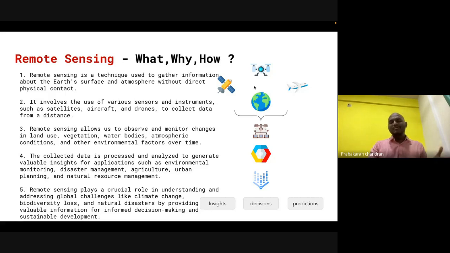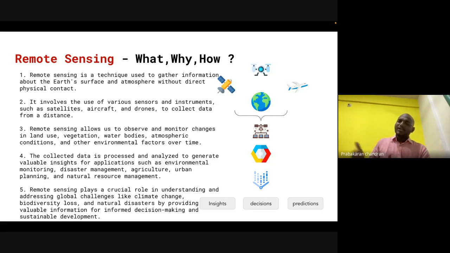So this will be the flow. We get data from different sensors, which is satellite or aircrafts, and then we have the ground stations to process them, because whatever is being captured in the satellite will be scattered, or maybe it might have more noise. So ground stations will do the processing, and once processed, that will be stored in Google Cloud or any sort of clouds. Why I put Google Cloud or any other clouds is because they are open source, so that anybody can utilize it. And there are a lot of satellite imagery as a service companies which are providing pay as you go kind of